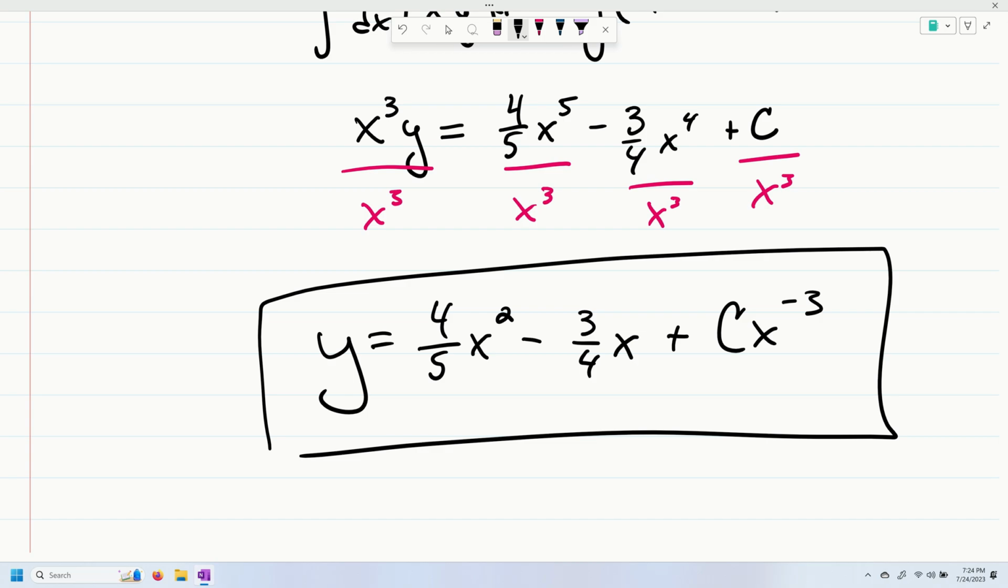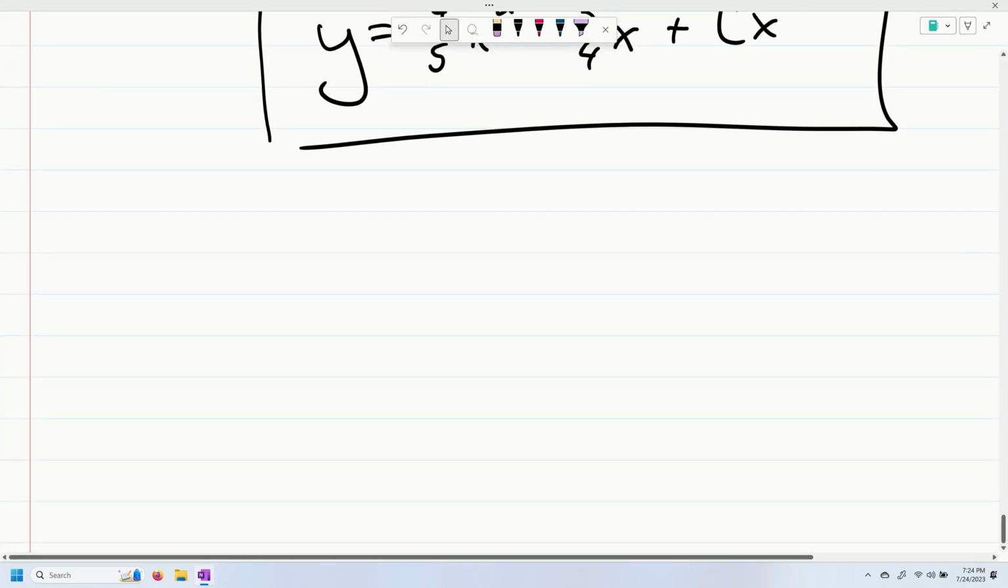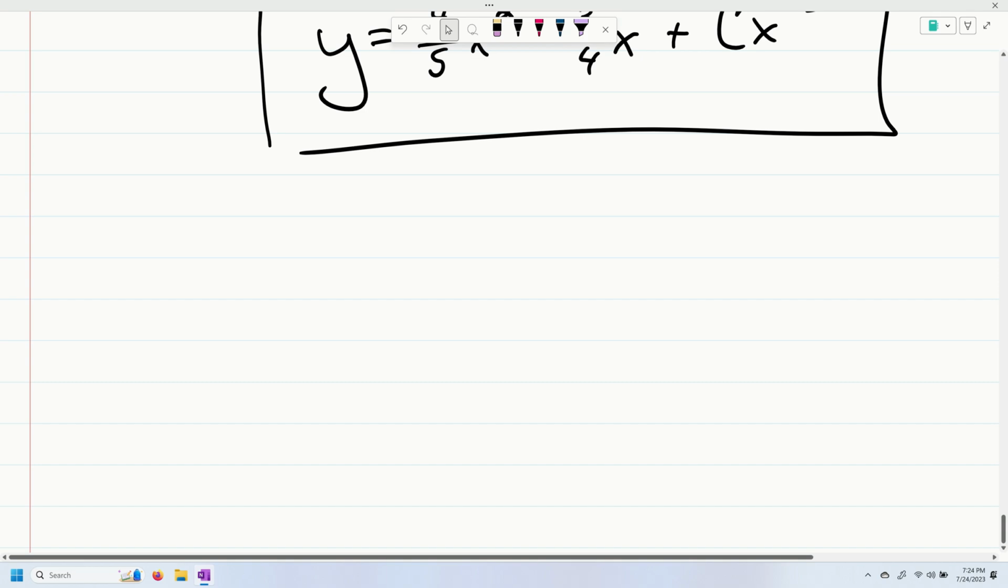So I hope this helped, and I hope it made a lot more sense than the traditional proof I did earlier. So let's go ahead. I'm going to do another one here. In this one, I'm going to do an initial value problem. So we're going to solve